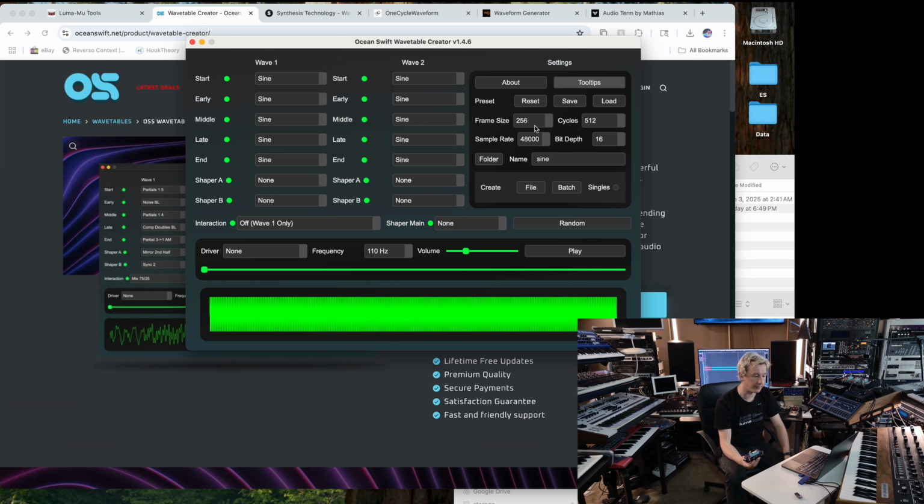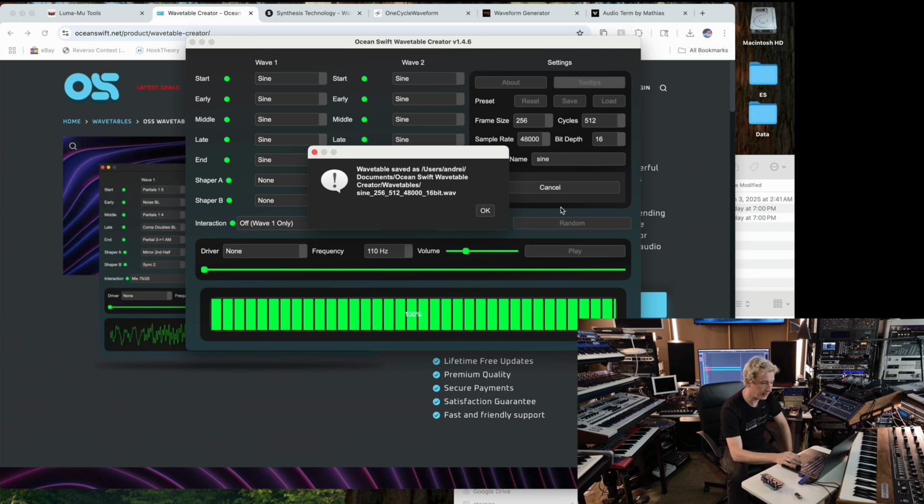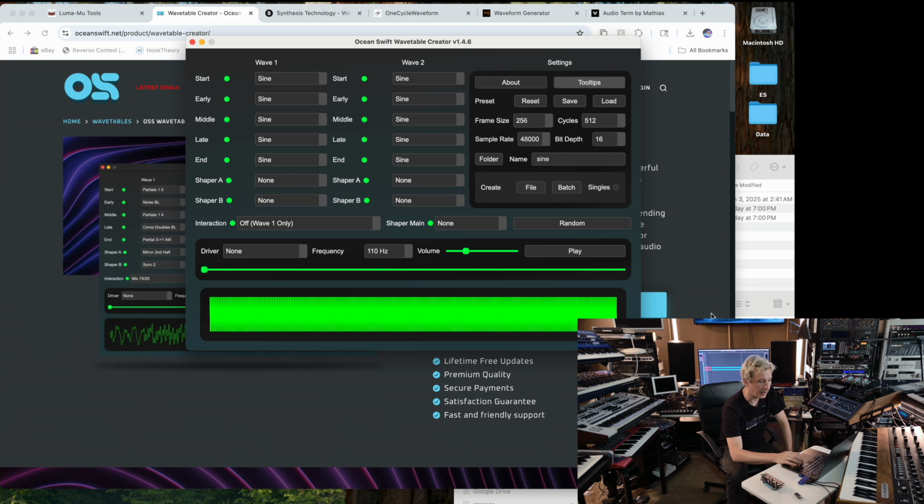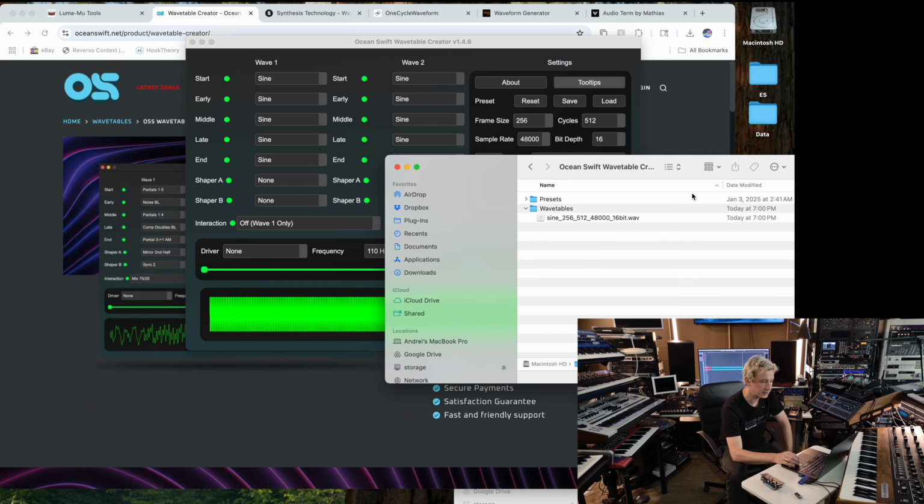Then everything will be accurate, because everything is in power of 2 relations. Anyway, let's take a look. I will click File, and it creates the file with these given parameters. Again, I'm using just a sine for ease of use, because we need to start with something, and we will be creating our own